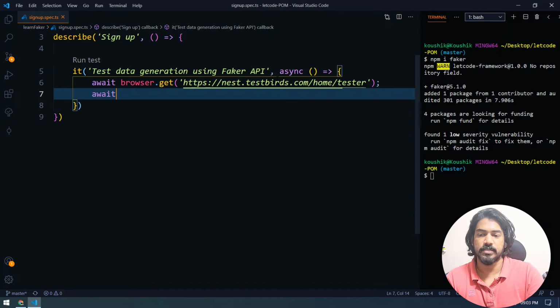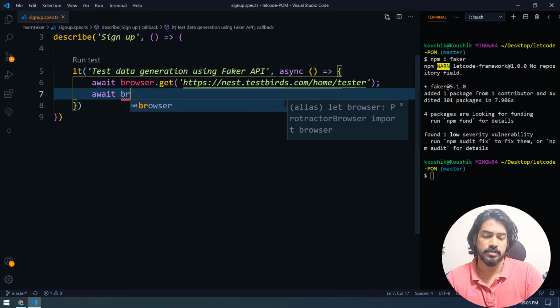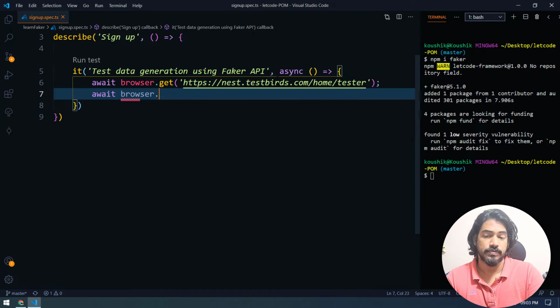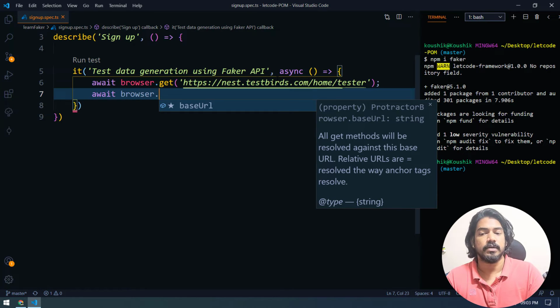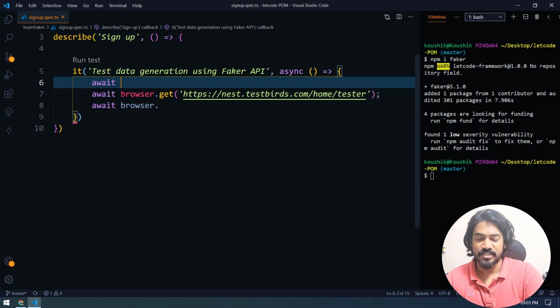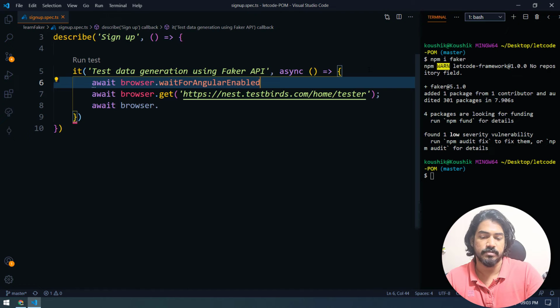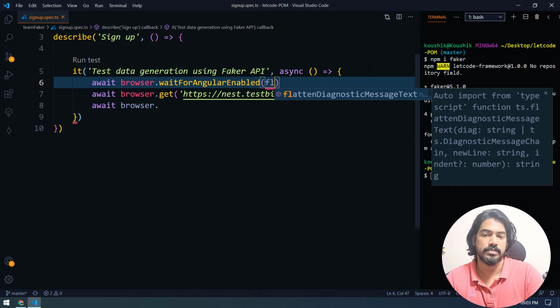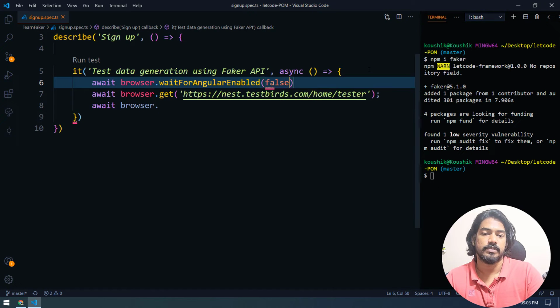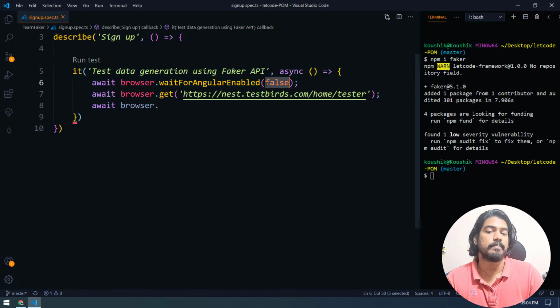Also we'll set our implicit wait, as this is non-Angular. So browser dot waitForAngularEnabled, and within the brackets we have to set it as false, so we can automate non-Angular websites as well.